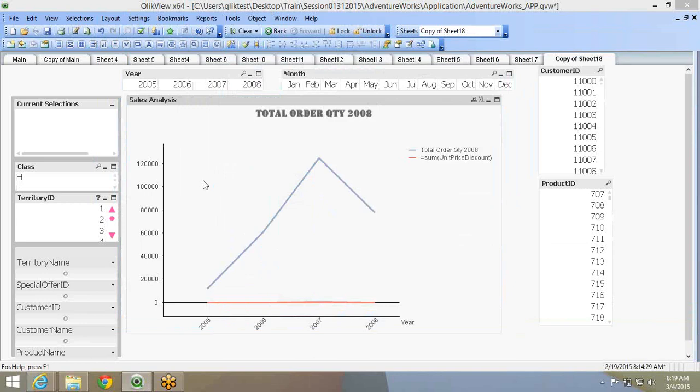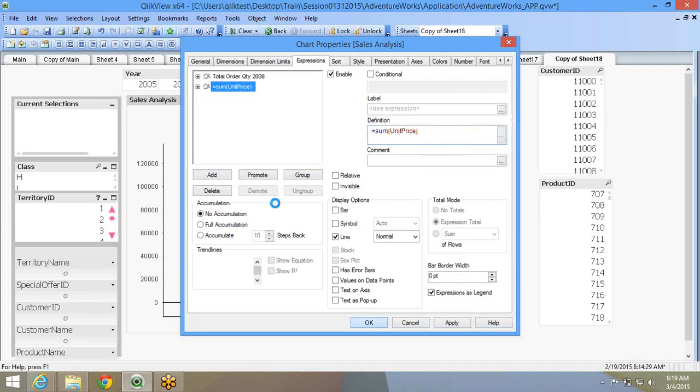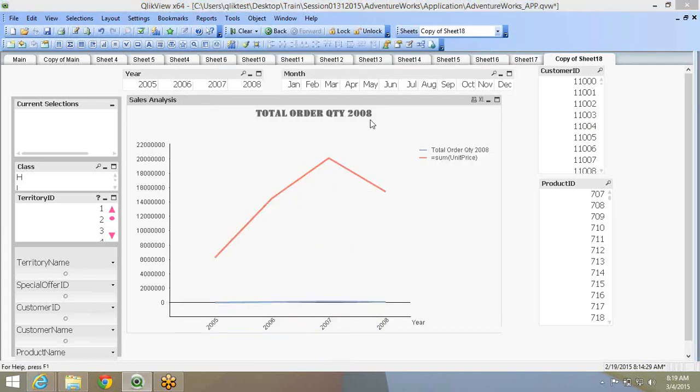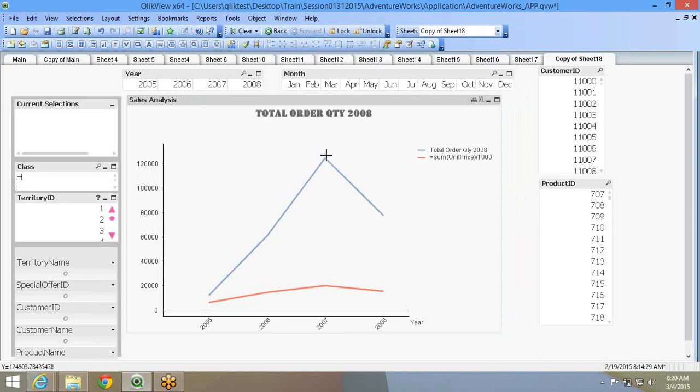I think unit price is very high. To normalize, I'll divide it by 1000. Now you're looking at two trends. Order quantity is the blue one. The unit price is the red one. Now you're seeing both in this.